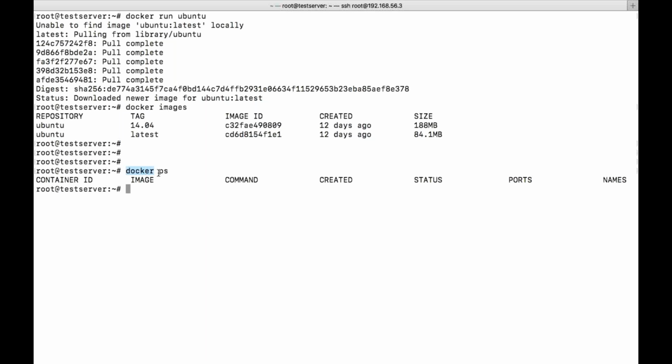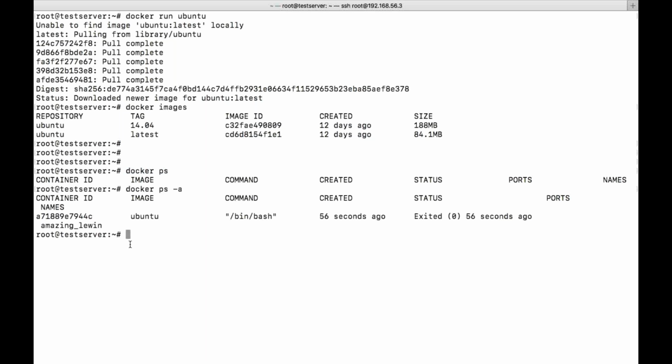If you want to see all the containers, we need to give -a. You can see the container got created, but its status is exited, meaning it is terminated. If you want to start it, docker start, give the container name or ID. Still it is in exit status.